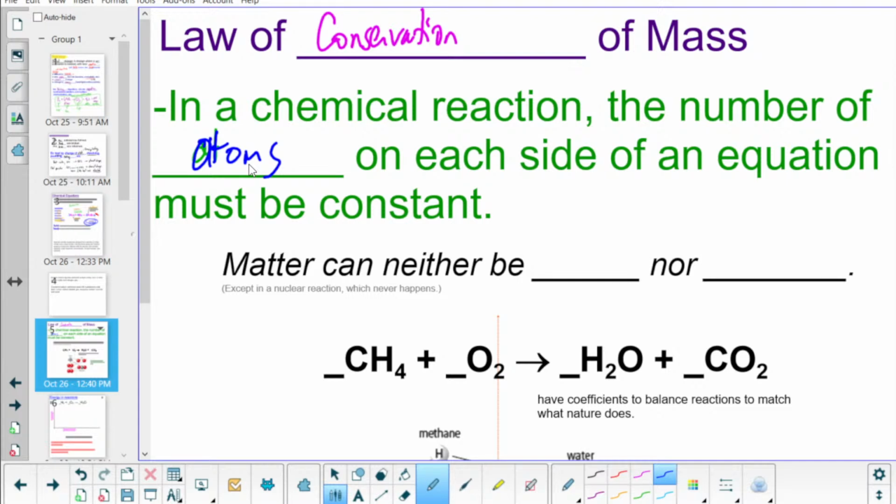You can't make matter disappear. Now, I'm obviously lying because we do that all the time. It's called nuclear reaction. But we're going to exclude nuclear reactions because we're just going to focus on non-nuclear reactions. So this is absolutely true. If we talk about nuclear reactions, the law of conservation just differs. We just say it's the law of conservation of mass and energy.